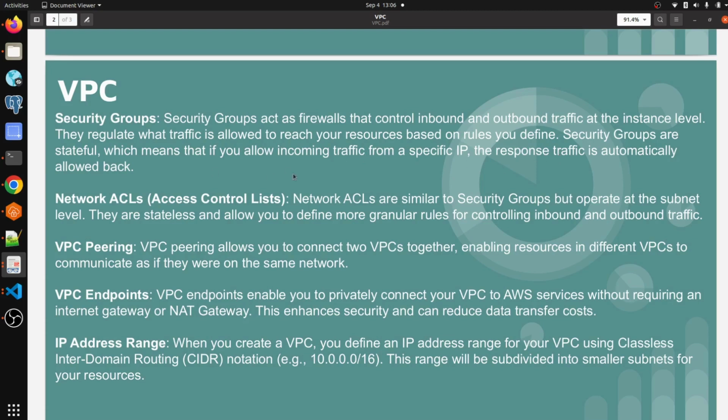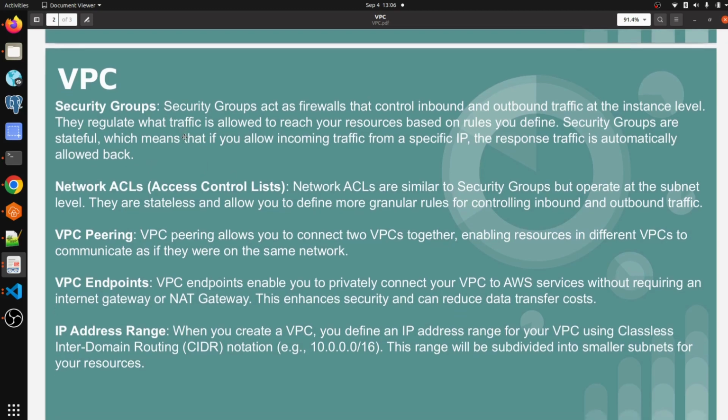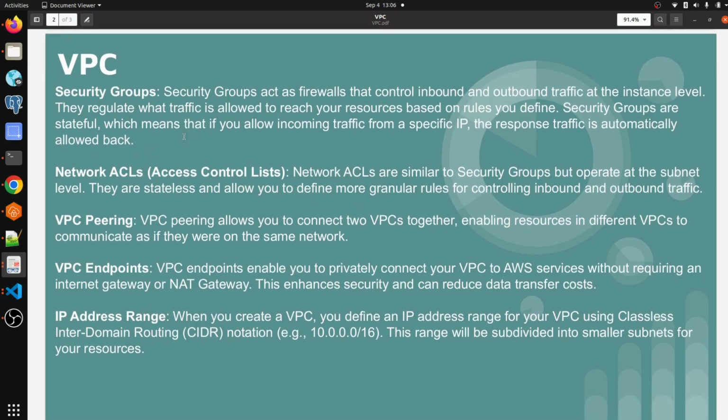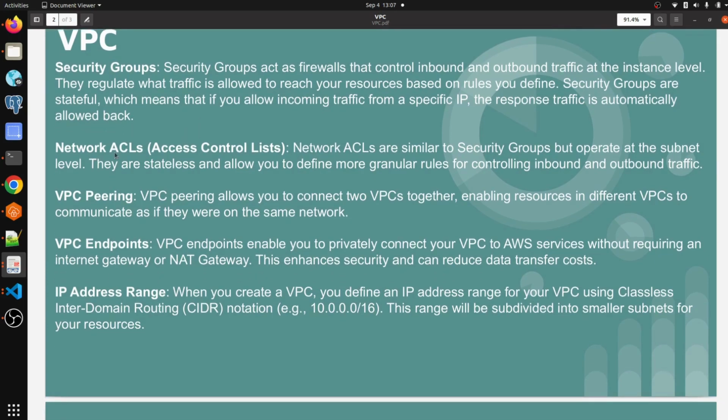So you don't have to enable the outbound separately; it will be done automatically by the security group.